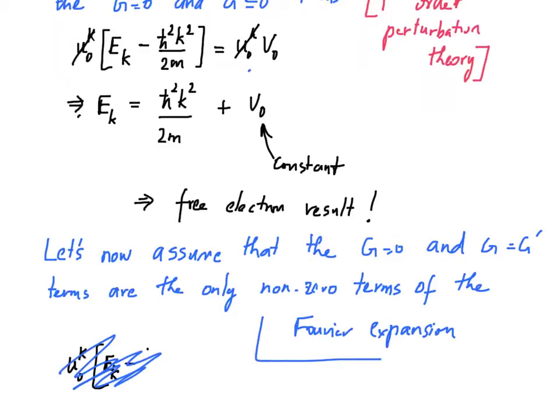So you have these two Fourier expansions, and the first terms of the two Fourier expansions are non-zero, and then there is the special term for which g and g prime are both going to be the same, and so those two terms of the Fourier expansions are also non-zero, and all of the other terms are 0. So we are going a little bit beyond what we just did earlier within the framework of first order